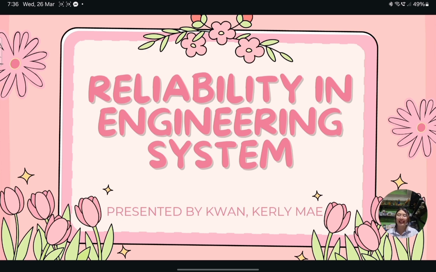As we all know, reliability is crucial in industry, especially in our field, which is engineering, aerospace engineering exactly, to healthcare, automotives, and manufacturing. Without reliability, we risk safety hazards, financial loss, and operational inefficiencies. By understanding this principle, engineers and organizations can design products and test them from time to time.